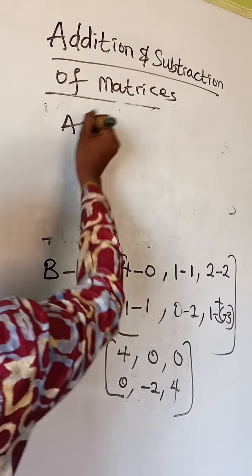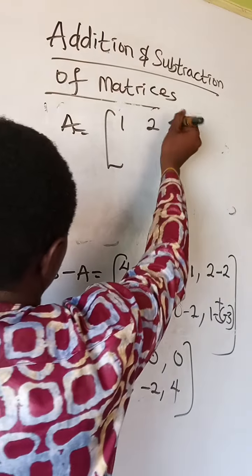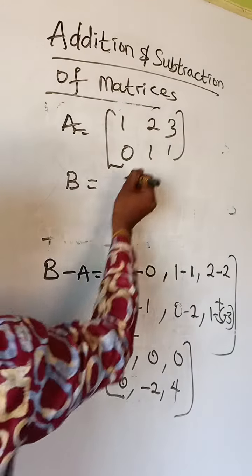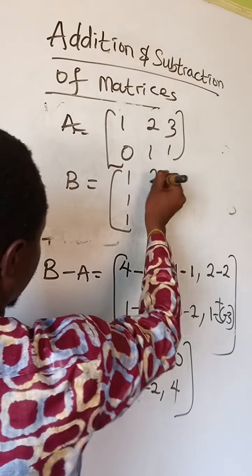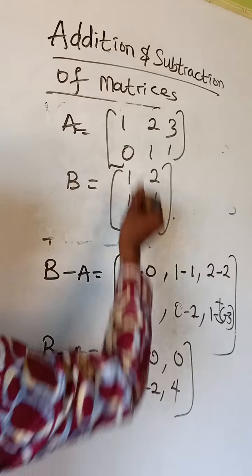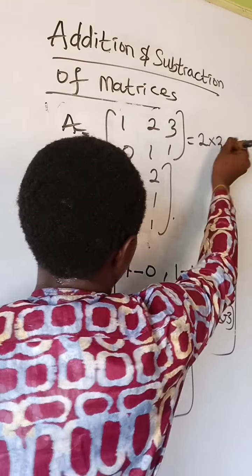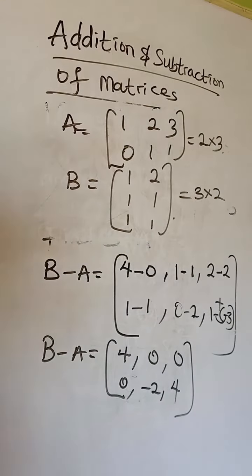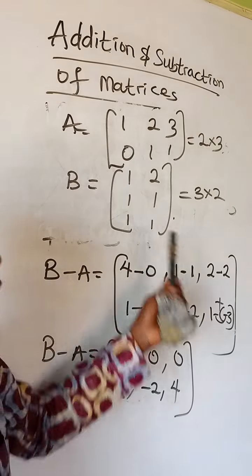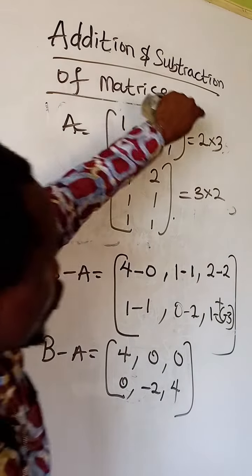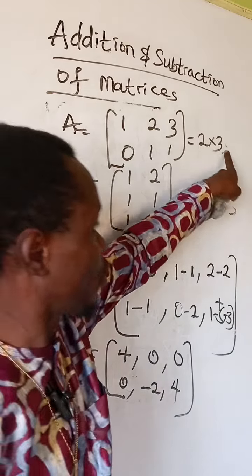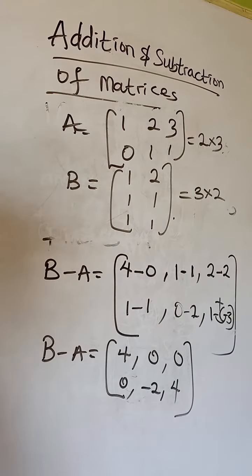If, for example, you have A equals to 1, 2, 3, then you have 0, 1, 1. And we have B equals to 1, 1, 1 and 2, 1, 1. Now this is a 2 by 3 matrix and this is a 3 by 2 matrix. Now look at this case. Because the number of rows here and number of rows here are not the same, and the columns also are not the same. Because they are not the same, we will